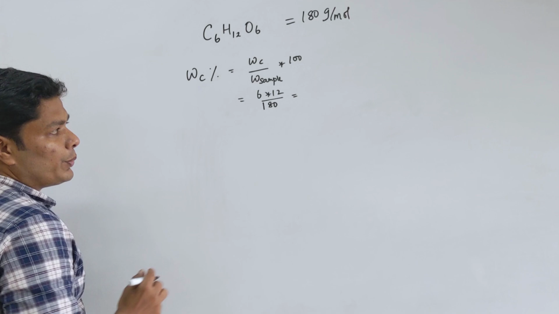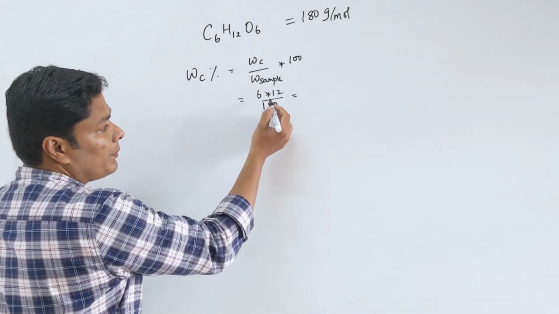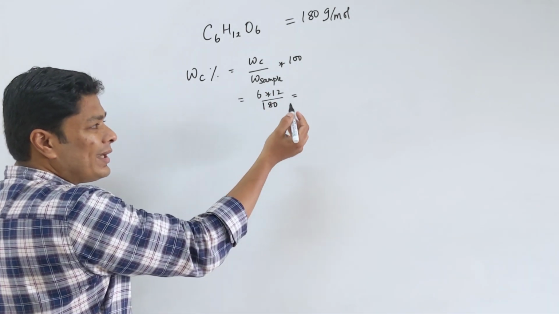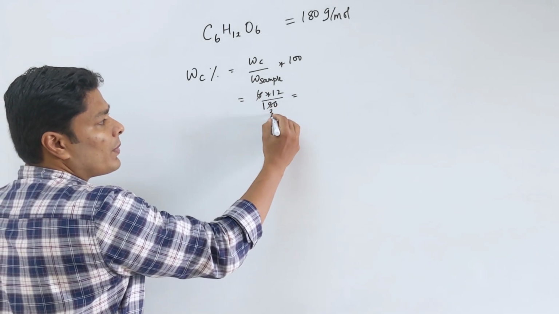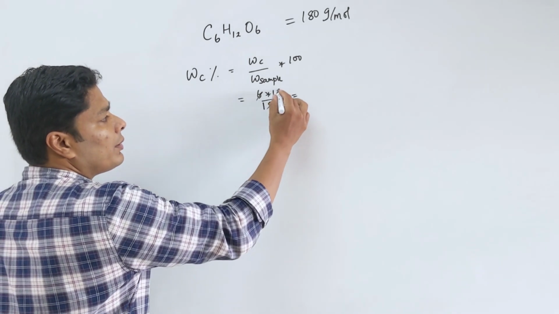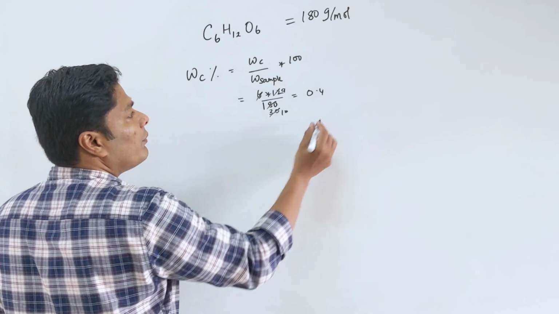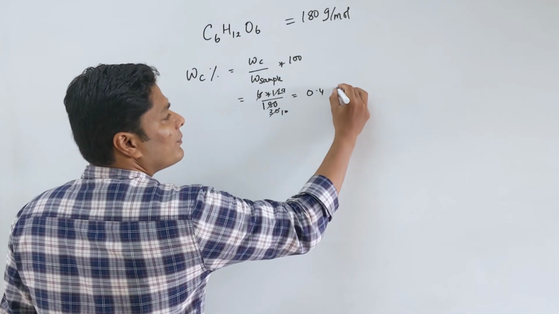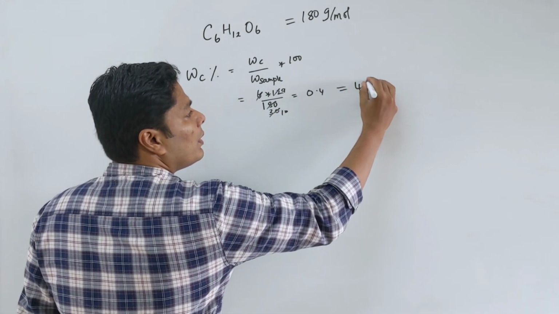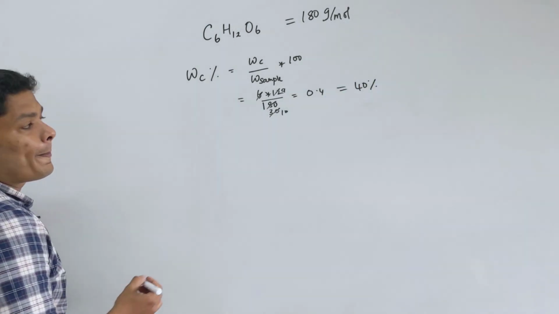Now you can do whatever you want. Okay, you can do the 12 table. If the 12 table is tough for you, you can do this 30, then 3 table 10, 4, 0.4. Because we are asking percentage, that is roughly equal. This is a fraction. This is equal to 40%. So weight